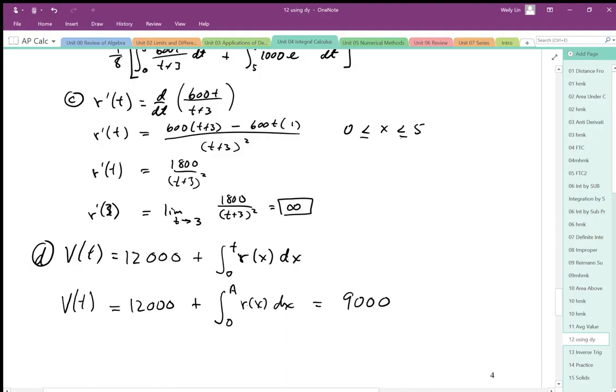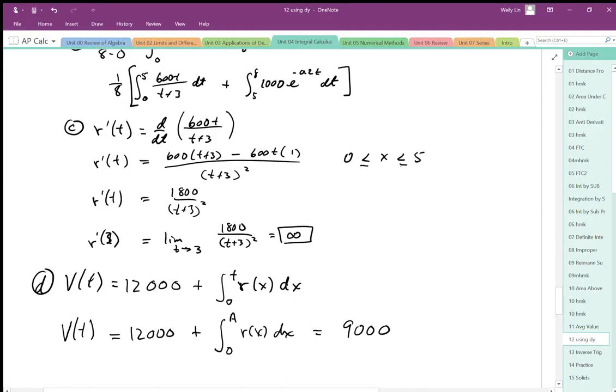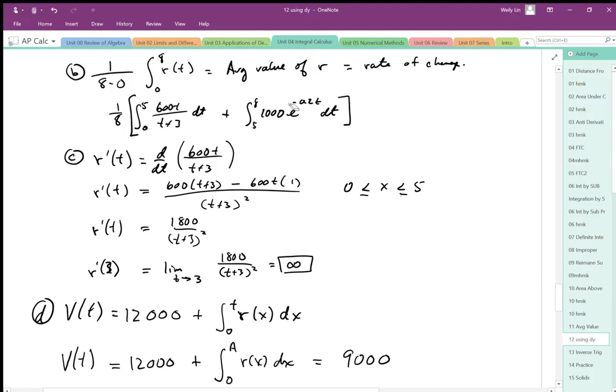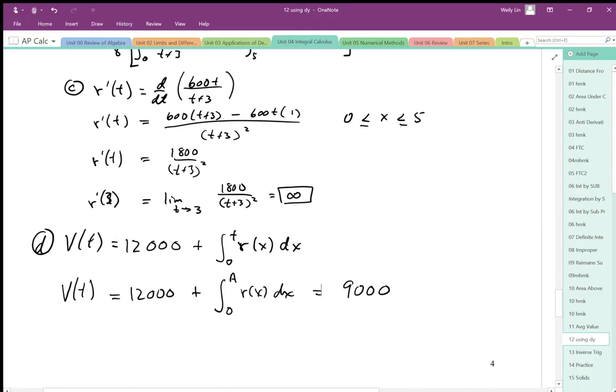We could break this up into two pieces like we did before, but we don't know if A is between 0 and 5 or after 5, when t is bigger than 5. If we were to split it up, we would have to figure that out. In this case, I'm just going to generalize it: we know it goes from 0 to A underneath the curve R(x) dx, and this curve changes at